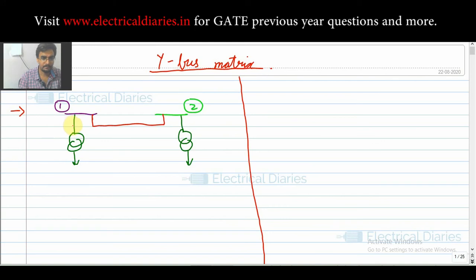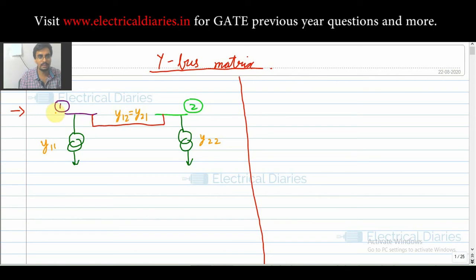This admittance is given as y11, that is, it is connected to bus 1, that is why y11. The admittance of this load is given to you as y22. Just always remember these notations. y22 means that it is only connected to bus 2. Now the admittance of this line will be denoted by y12 and y21, that is the same thing.